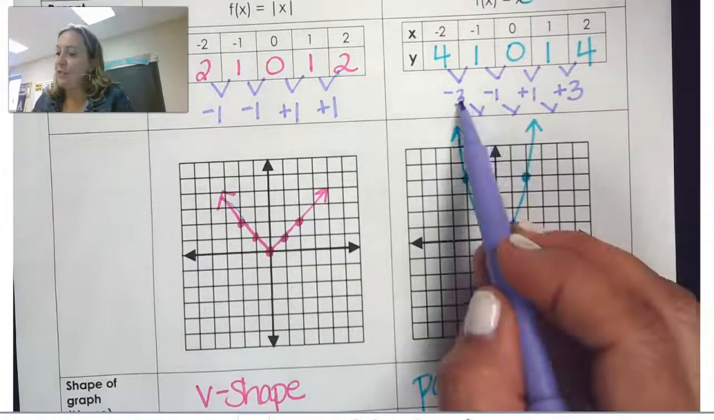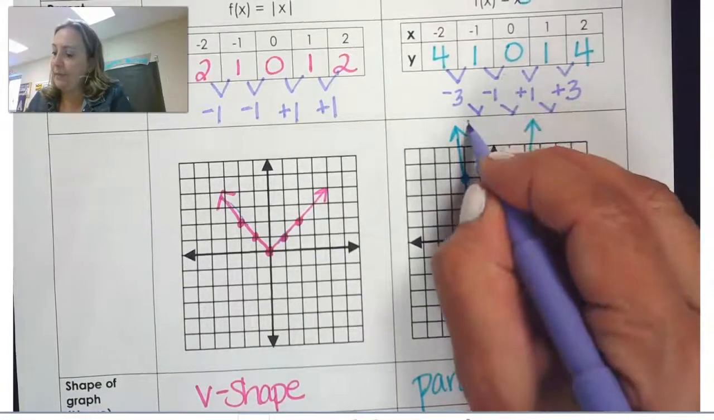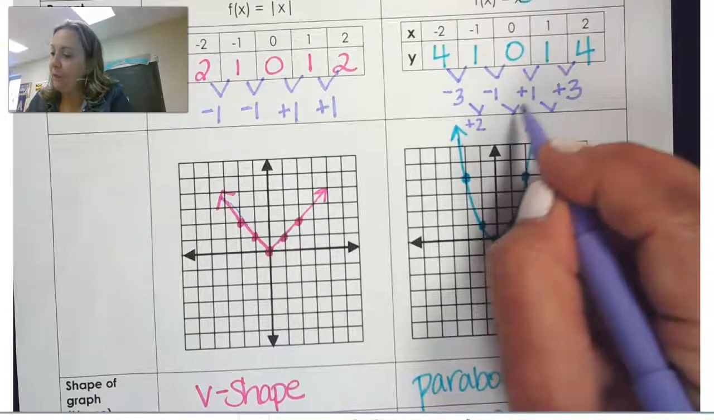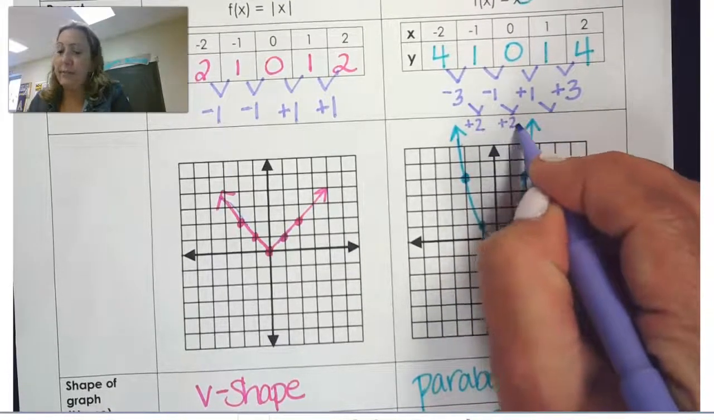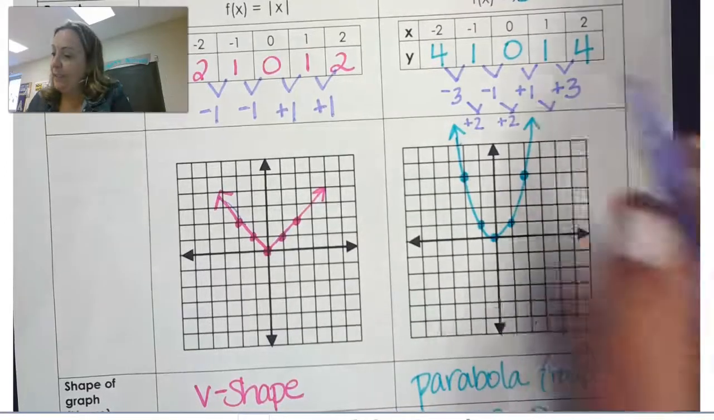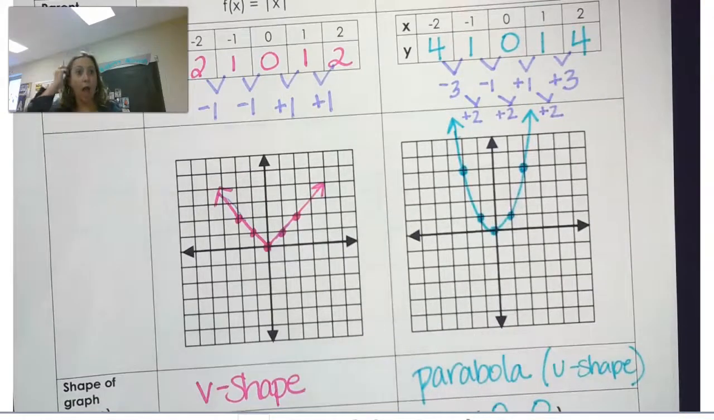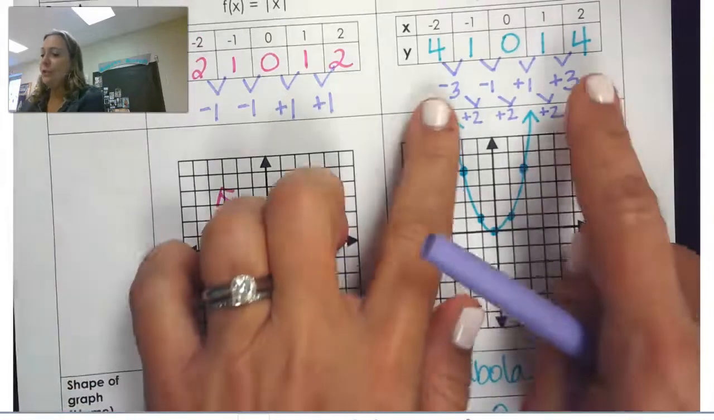How do we change from -3 to -1? I go up 2. How about from -1 to +1? I go up 2. How about from 1 to 3? I go up 2. So that's what's really cool about the quadratic graphs, is that we do have some negatives